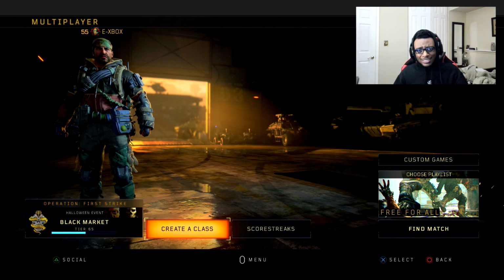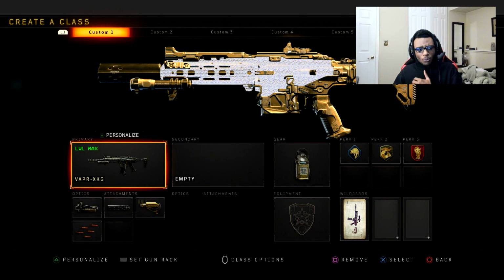And let's get right into the 10 best class setups. So class setup 1 is going to be on the Vapor XKG. Now the Vapor actually did receive a nerf within this update, but after using it, I haven't really noticed a difference. It's still a top tier rifle. It's still fantastic in public matches,